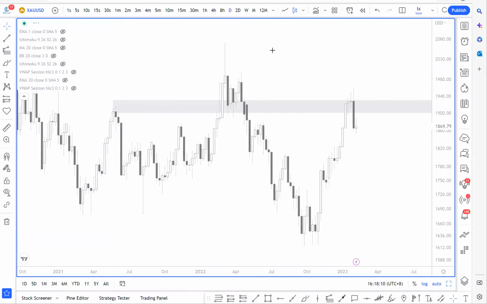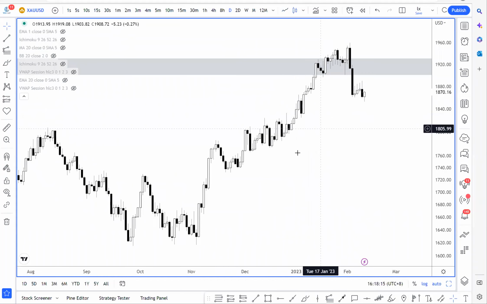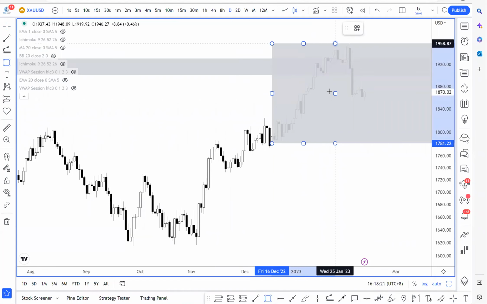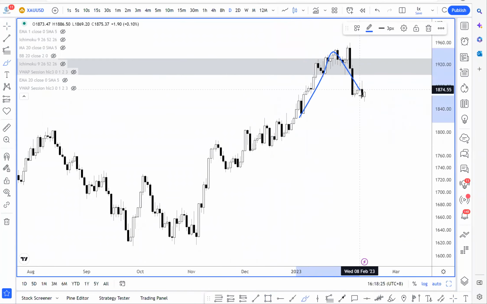If you take a look at the daily, you can see that on the daily right now, prices are sitting on the support level. There isn't any clear structure. In terms of market structure, you can see it's just a strong push up. And then right now we're just seeing that pullback. So if you're on the daily time frame, currently where we are right now, you can see that based on